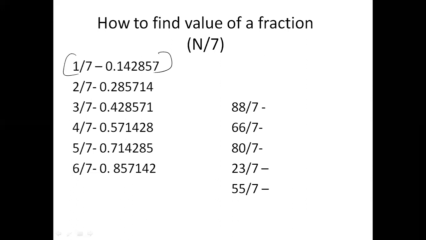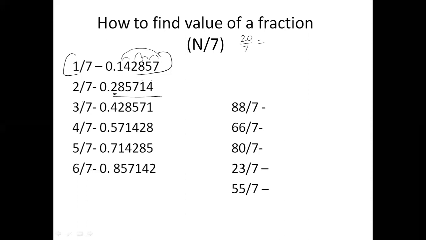1 by 7 is 0.142857. Now using this, how to calculate 2 by 7? Whenever the numerator is smaller than the denominator, please multiply the numerator by 10. So it becomes 20. Now 20, how many times divisible by 7? 20 is divisible 2 times. Now we can write 0.2, because we assumed 20, but it is 2 by 7. Now see, in 1 by 7, what number comes after 2? 8. After 8, 5. After 5, 7. After 7, 1. After 1, 4. So this is the logic of a number divided by 7.